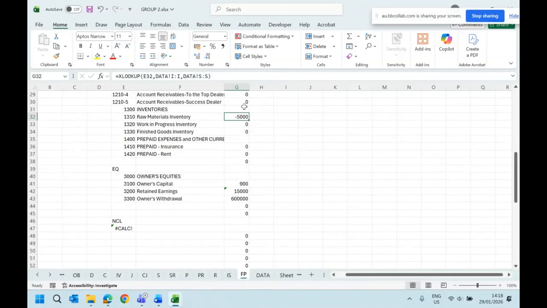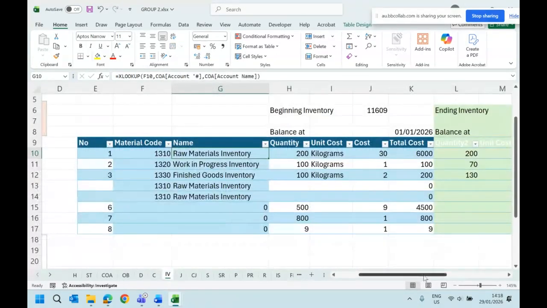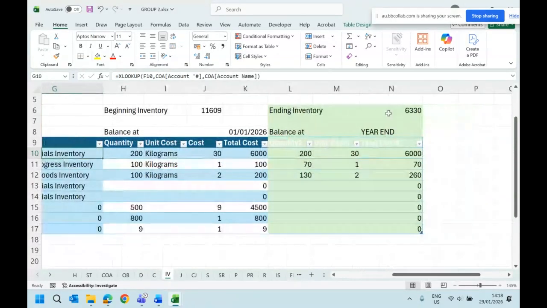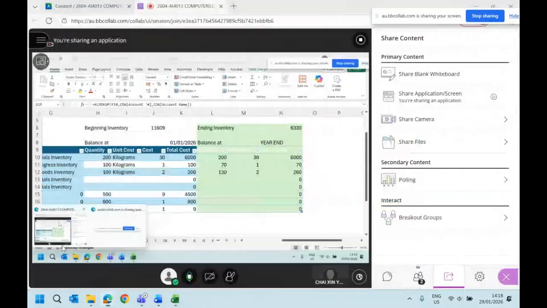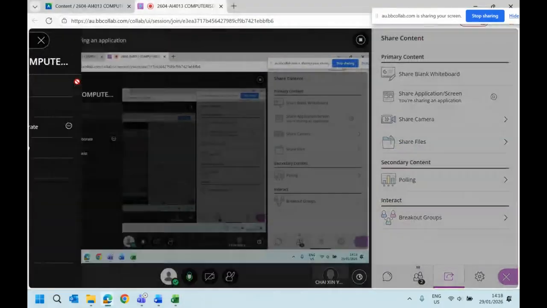So this one will be equals to your inventory side here. Remember we have opening inventory, we have closing inventory. So this is what you should refer to in your financial positions. Are you okay, guys? Okay. So temporary